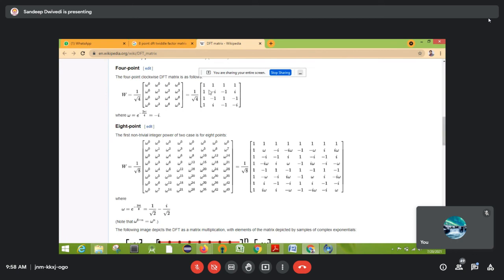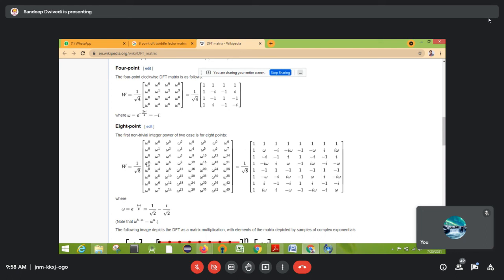So this is the matrix. If you are taking the 8-point DFT, so see here, raised to power 0. Like this, the matrix you will get. First row, first column, all the elements will be 0. Then here, the value of k is 1. Forget about this right now, I will tell you later on.